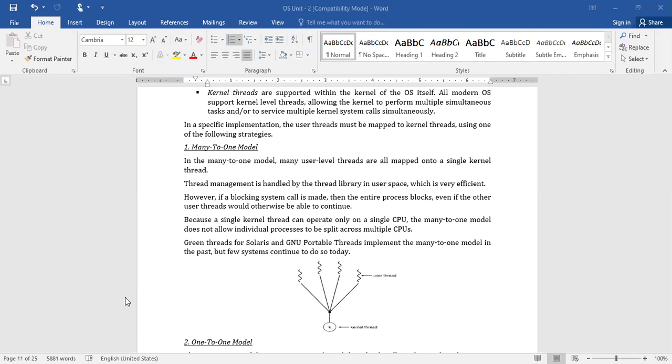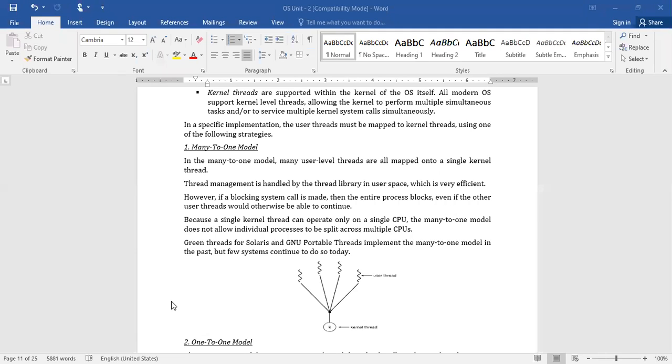Because a single kernel thread can operate only on a single CPU, the many-to-one model does not allow an individual process to be split across multiple CPUs. Green threads for Solaris and GNU portable threads implemented the many-to-one model in the past, and a few systems continue with the same mechanism today.